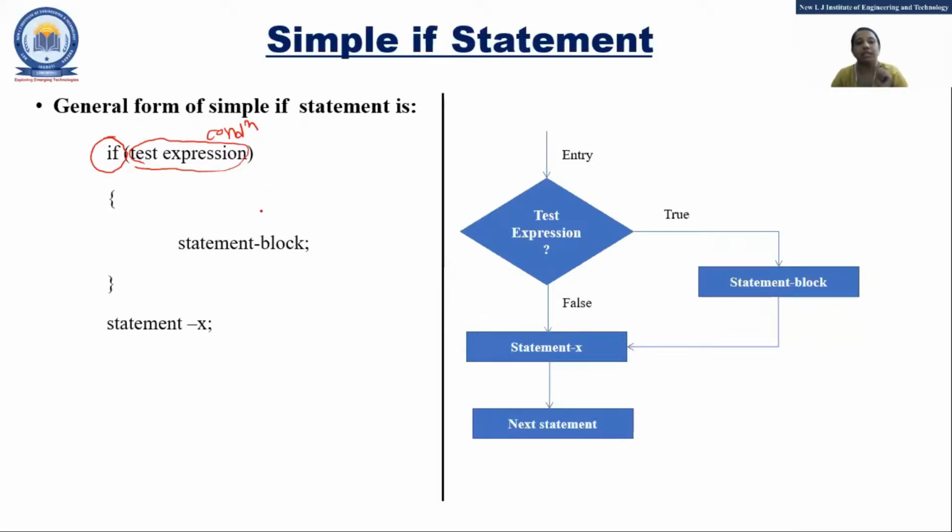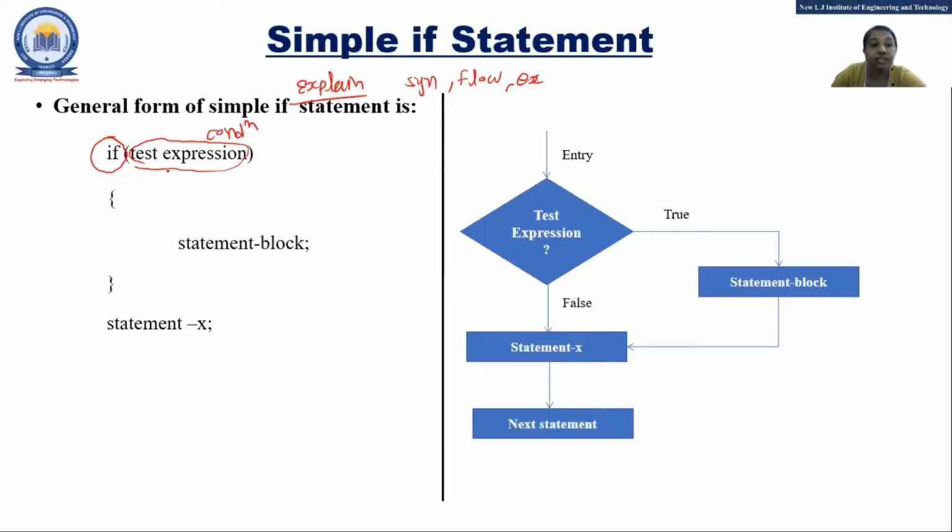So see, whenever it will be asked in an exam like explain the if statement with example, whenever you are asked to explain, you have to go in which way? You have to first explain the syntax, then the simple flowchart of the syntax, and then give the example. Compulsory you have to write syntax, when it is asked like explain something. Clear? So test expression means condition. Now you know how to write a condition, that is using relational and logical operators. We will see in the example.